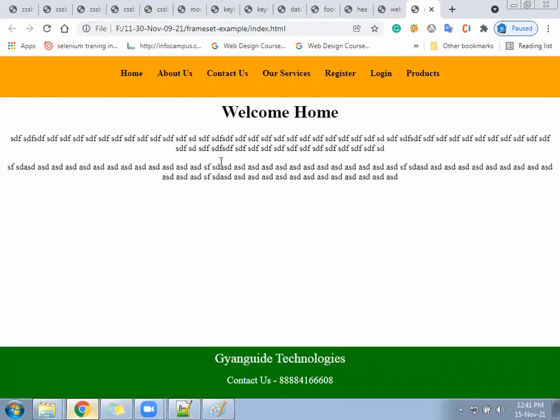Page got divided into multiple blocks. If you look from outside, you can't identify whether you have followed the division, CSS, or you have followed the frameset. Using frameset, the page becomes very clean and clear. Now the next logic is when we click on about, contact, service, register, or any links, we have to first make all these hyperlinks. And whenever we click on any link, the header should not reload, the footer should not reload. The content should get changed in the middle block.